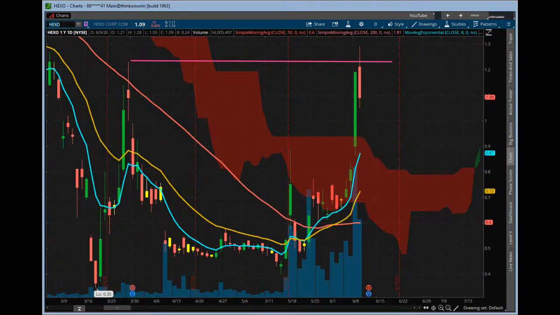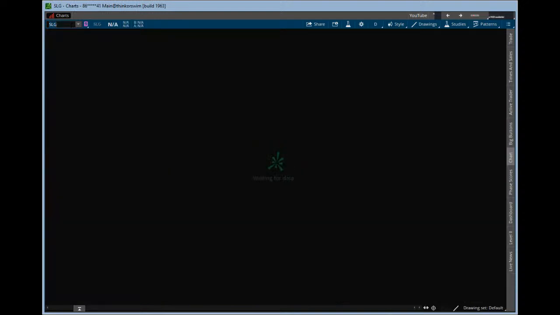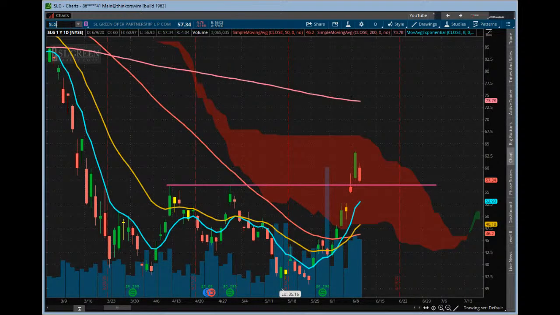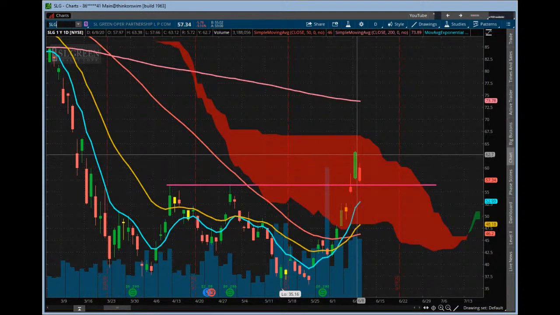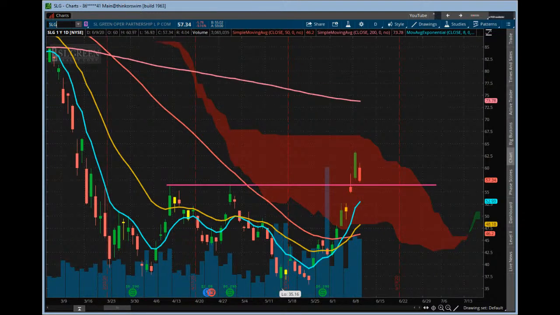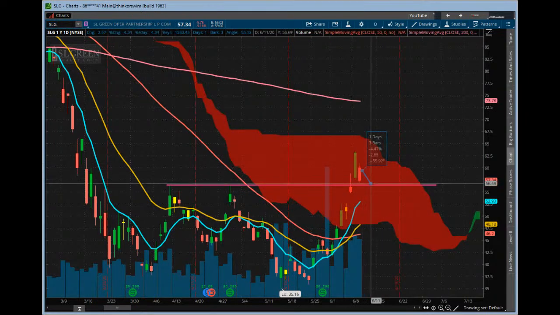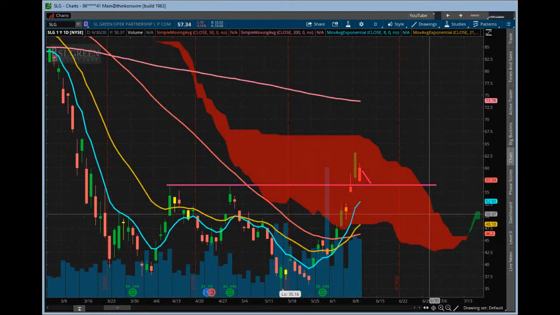And then SLG. Cool. Yeah, so this one here, big candle yesterday as well. Just couldn't get any follow through on this one. A little bit of a tough trading name, but a little bit of a pullback today. But let's see if we continue to hold these levels here as potential support. If it can, might consolidate. The way it's acting, it might chop a little bit and then try to give a move out. So see how that goes on that one.